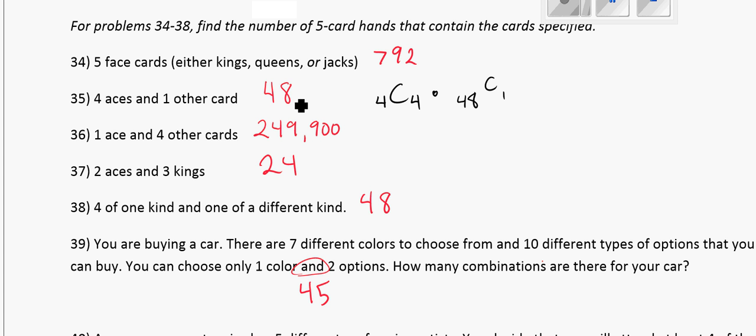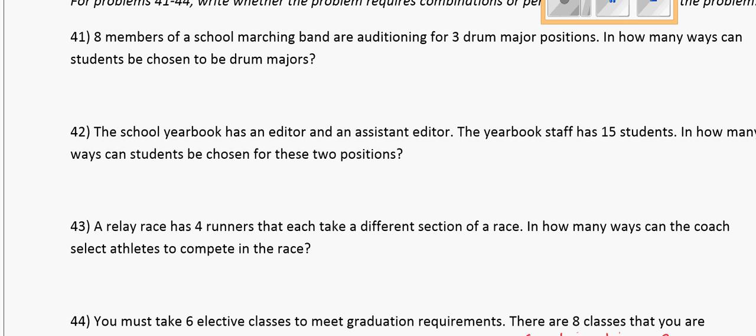I leave the solutions here on this page again because these problems are particularly challenging, and I would like you to show the work of how you get this number. I don't mind you having this solution. To get this point, I'm going to want to see that, to show me that you understand where that came from. All right, for these next 4 problems, you have to actually decide, am I going to use a combination